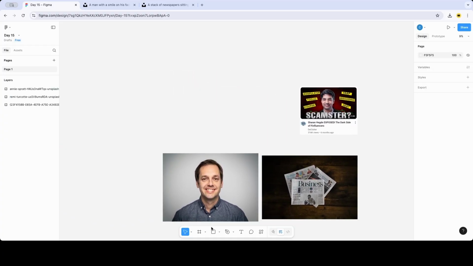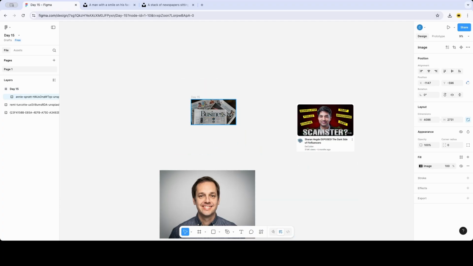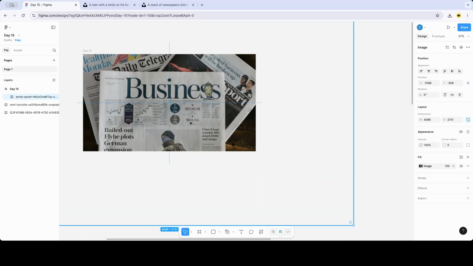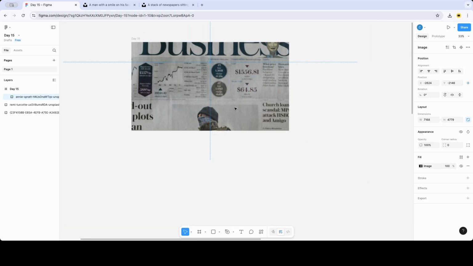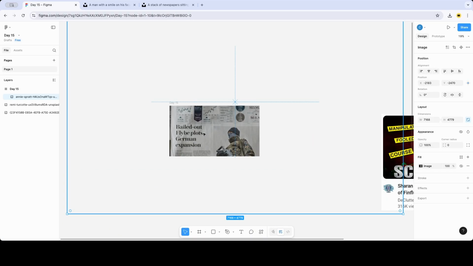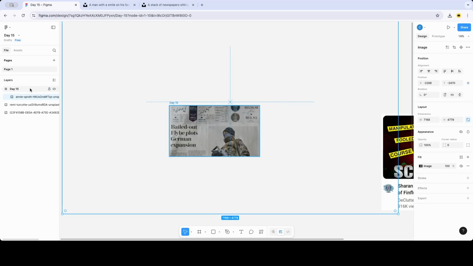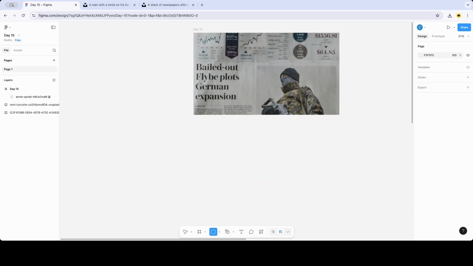Let's get started. I'll create a frame and I'll just make the dimensions 1920 and 1080. Let me rename it to day 15 and I'll pull this newspaper inside the frame and I'll adjust it accordingly so that all the news stuff is visible. Now the newspaper is visible. Let's lock this layer and I'll add a rectangle above this